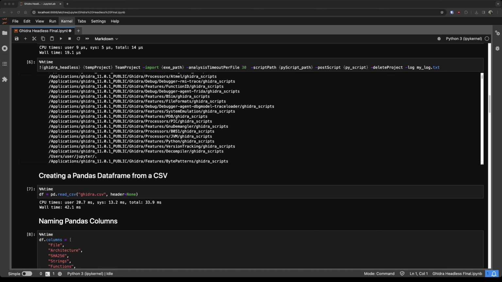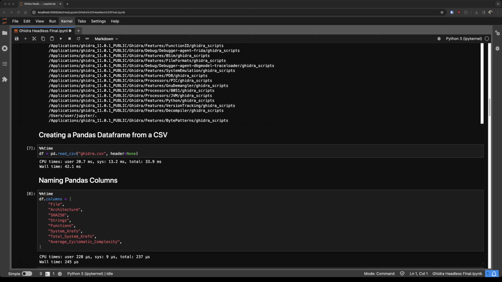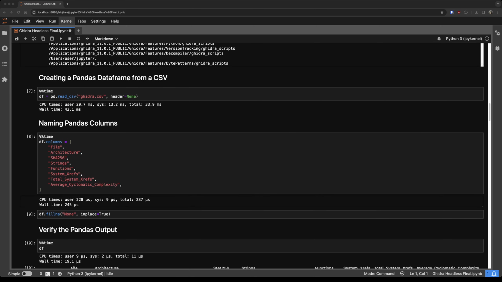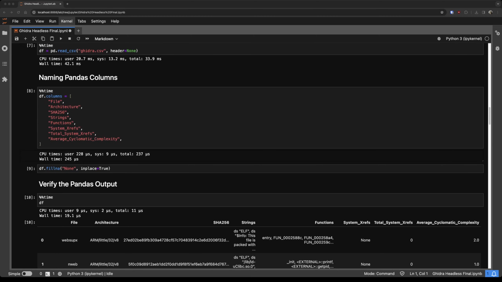And we're back, thanks to the magic of editing. So the script has done its thing. So what we're going to do now is load up that CSV into a pandas data frame. But this time we're going to basically name all of the columns, because we didn't do that this time round. So we've assigned the column names, and then we just get rid of any cells that have not a number in there,